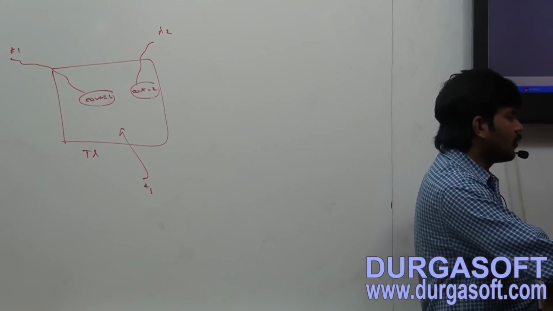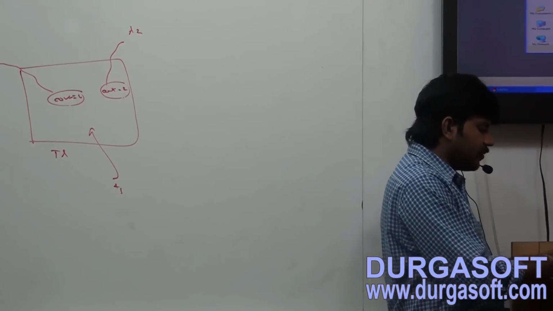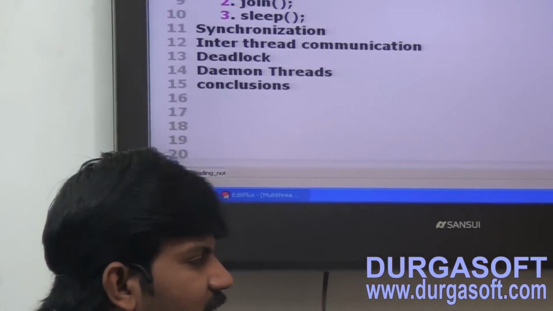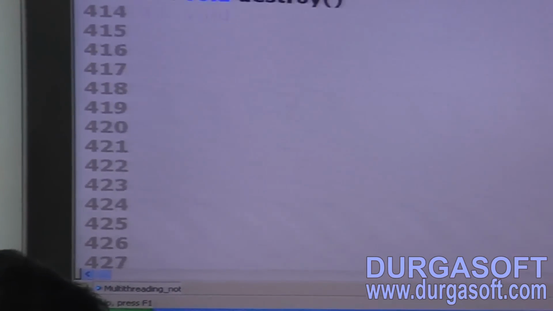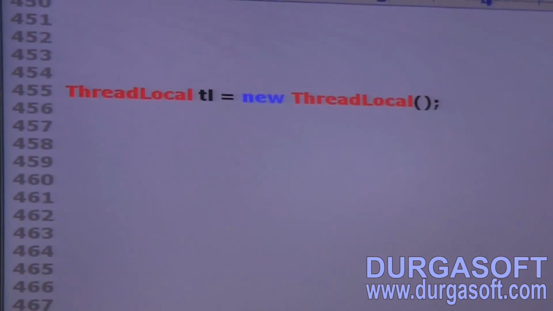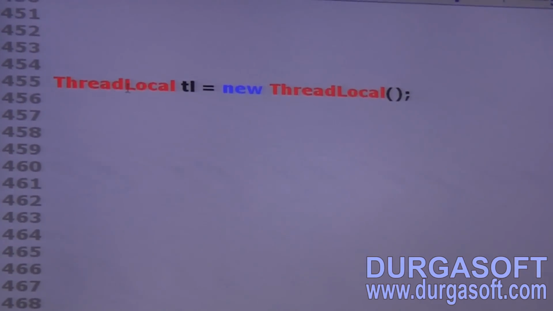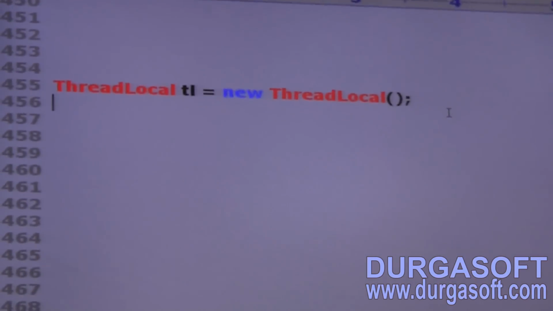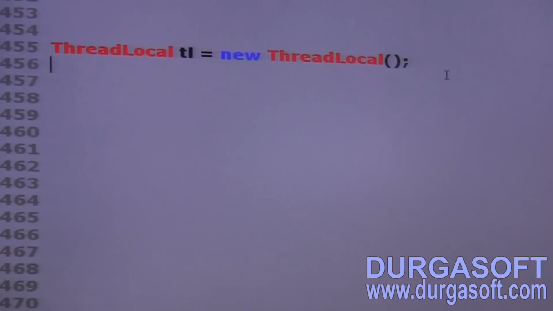Next, how to create thread local variables? What is the constructor for thread local? Just observe: ThreadLocal tl = new ThreadLocal(). Sir, I am creating one thread local object.